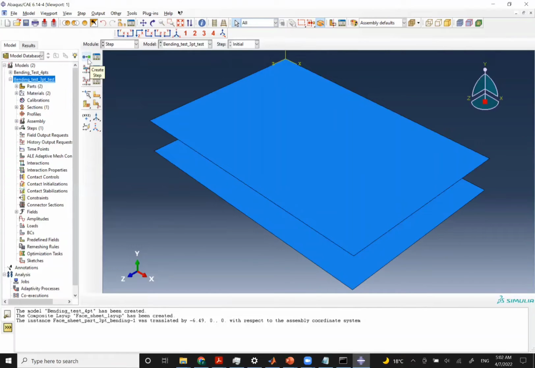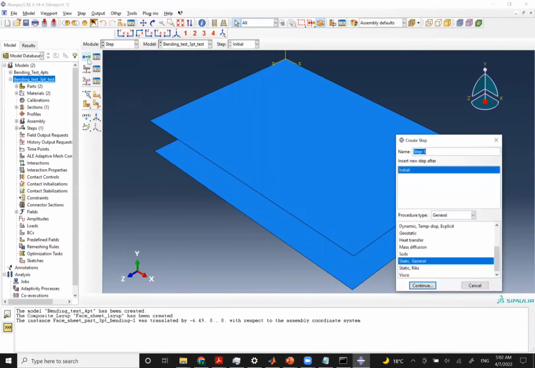And plus we will output. We'll decide what are the output parameters that we want: stress, displacements, or strains. So let's call it load applied here, or apply load static, continue,